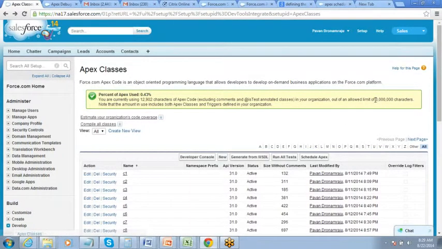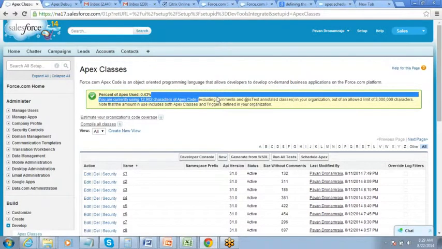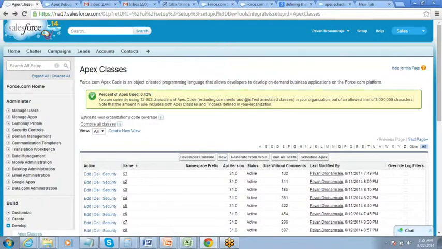you have a limitation of 3 million characters that can be used for Apex coding. Out of these 3 million characters, the comments, remember we were putting comments, are not included, and @isTest annotated classes are not included, right?